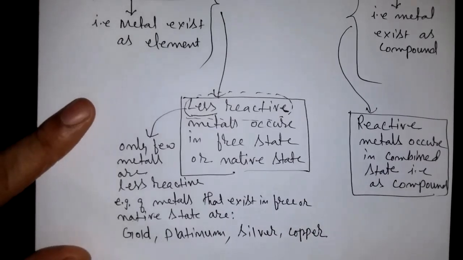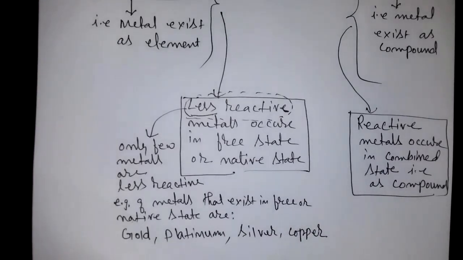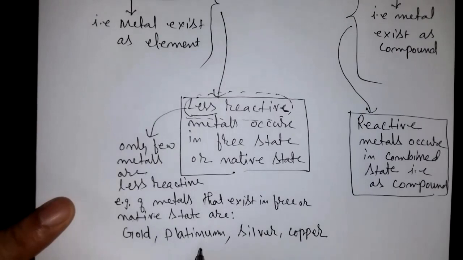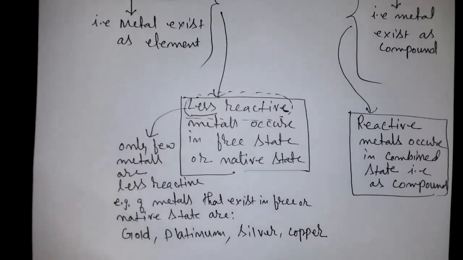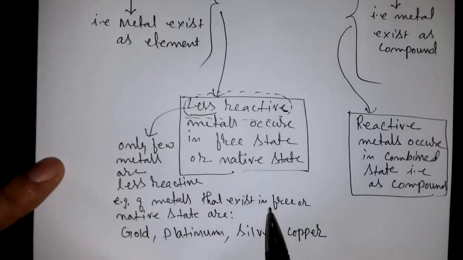So these four metals, generally even mercury also can be included, but in our textbook they are not saying. You can write mercury also, no problem. Platinum you will not find in reactivity series, but in other textbooks reactivity series platinum is included just above the gold. So this metal exists in free state, but out of these three, these two, silver and copper,